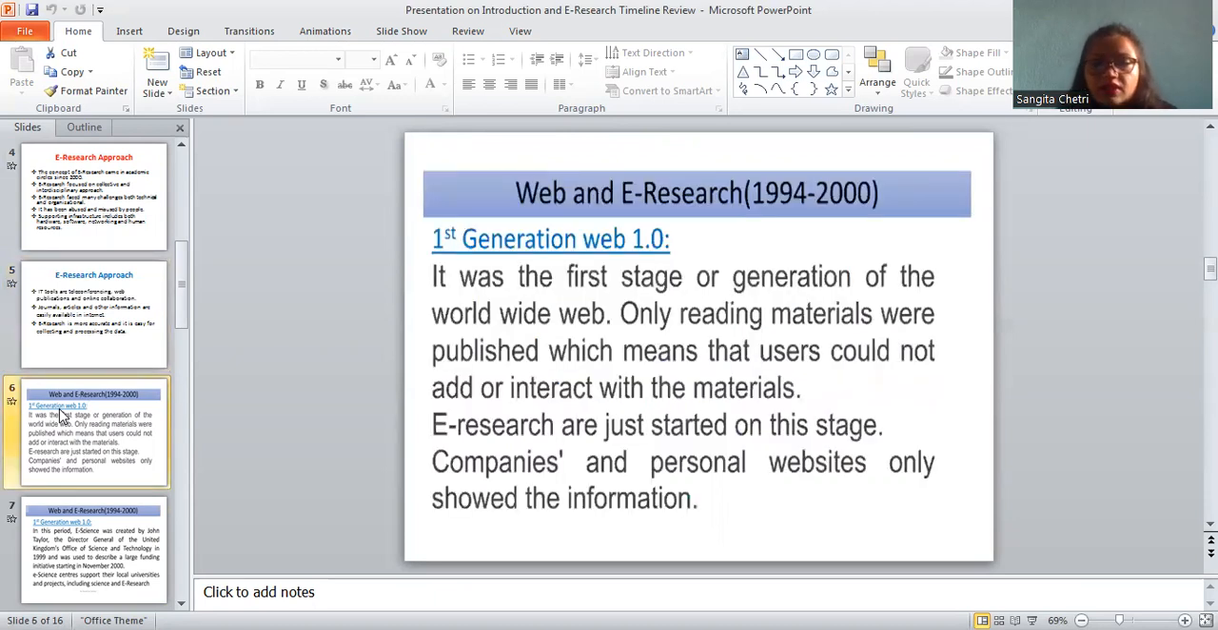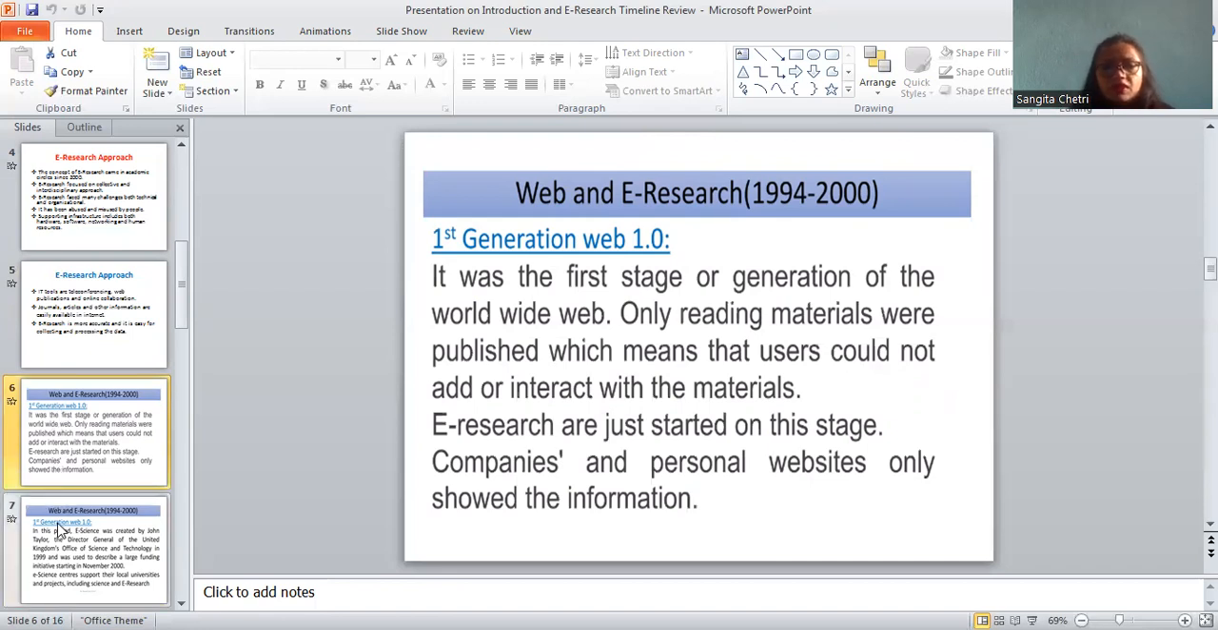Now let's look at the long history of web and e-research starting from 1994 to 2000. First generation, Web 1.0. It was the first stage or generation of the World Wide Web. Only reading materials were published, which means that users could not add or interact with the materials. E-research was just starting at this stage. Company and personal websites only showed the information. So it was the beginning of the